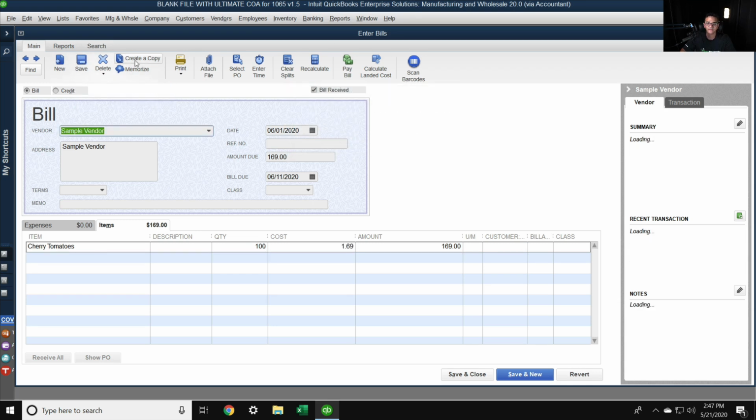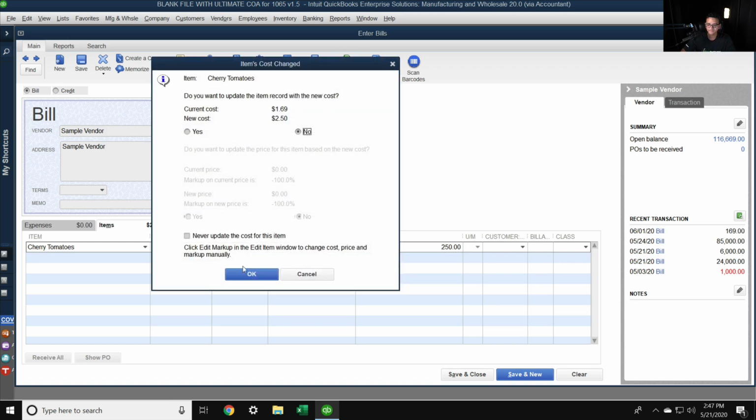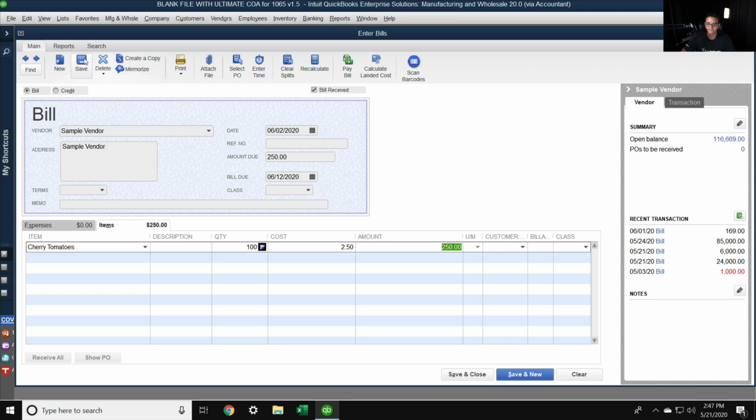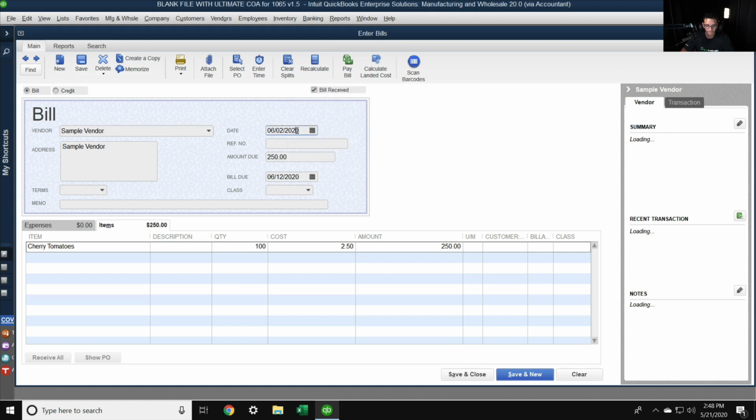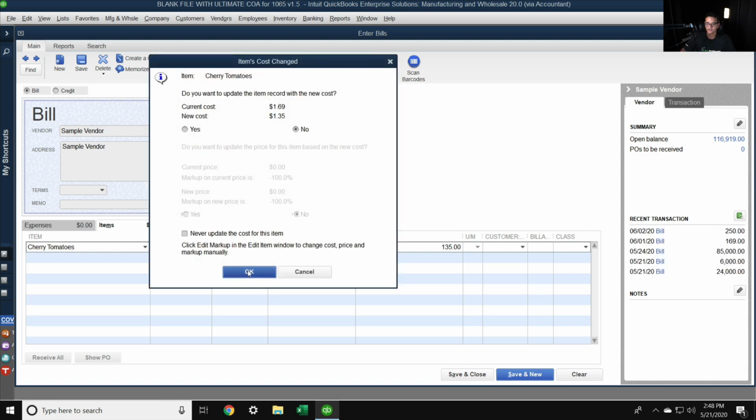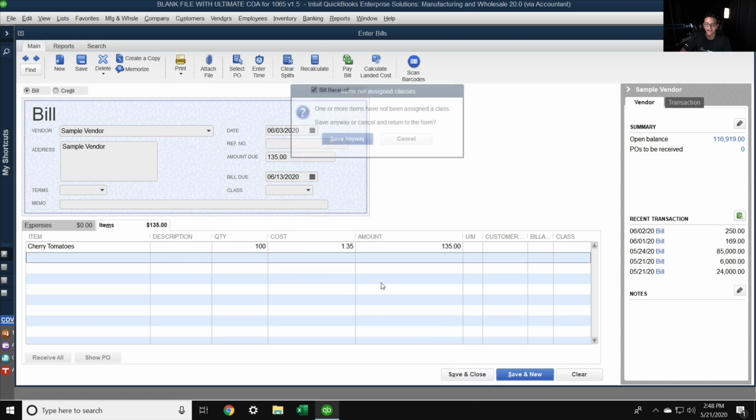Then I'm going to create a duplicate of this bill on the 2nd, and I'm going to receive 100 at $2.50. Click on save. And then I'll duplicate this bill one more time on the 3rd, and I'll receive these at $1.35. So we clearly have a variable cost across these cherry tomatoes, and we received on 3 different instances, 3